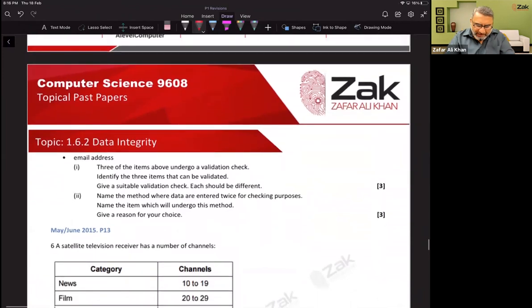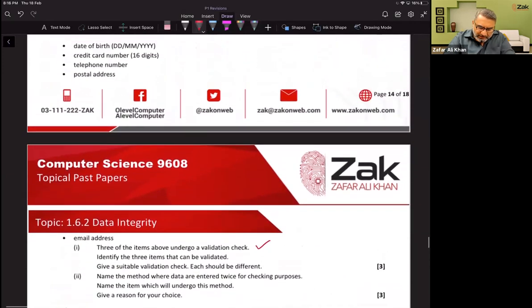Three of the items above undergo a validation check. Identify the 3 items that can be validated. Give suitable validation checks for it. This is format check,